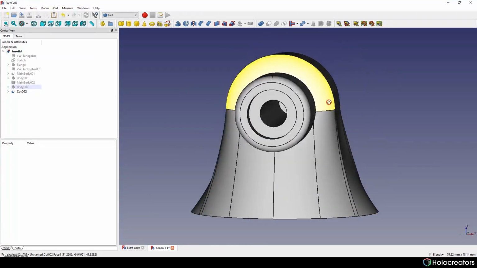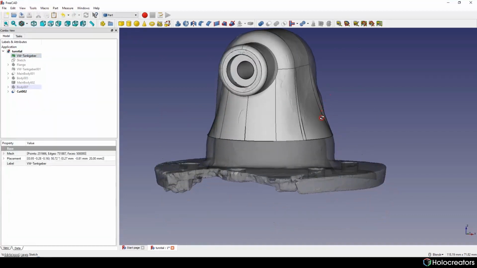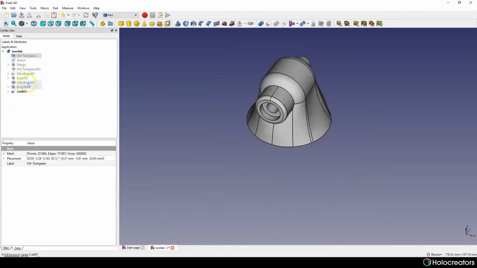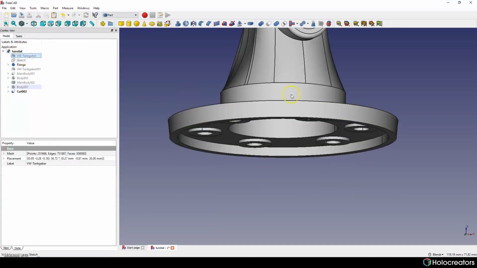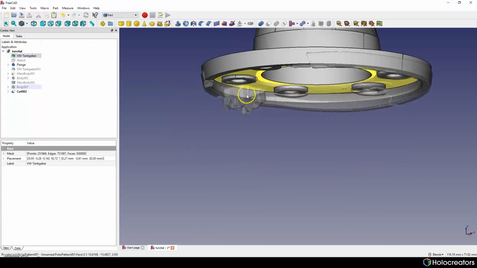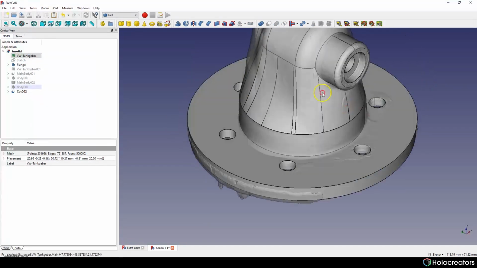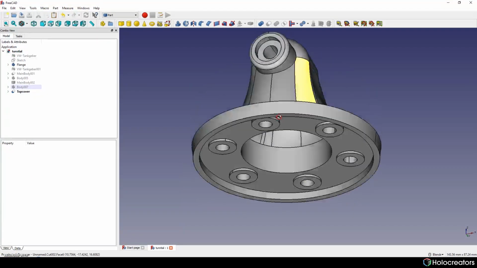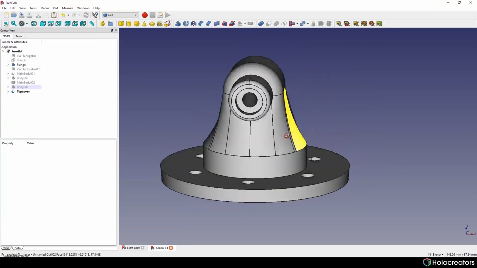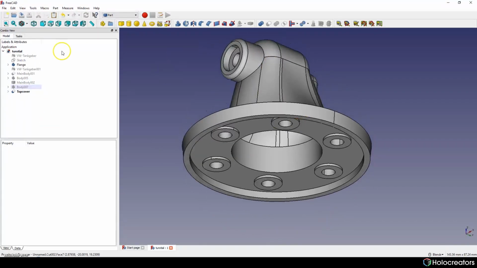Everything looks like it should be. So there are left only some small parts on the flange over here, and we're almost done with this model. So we are finishing our model. The last part is gonna be very easy to model.